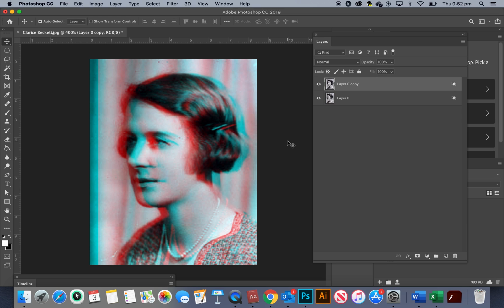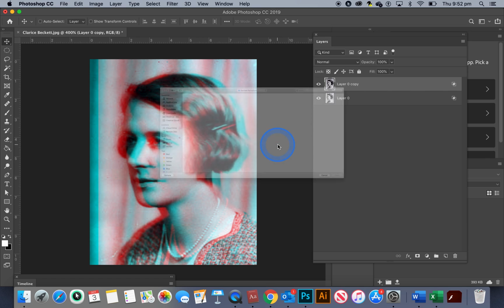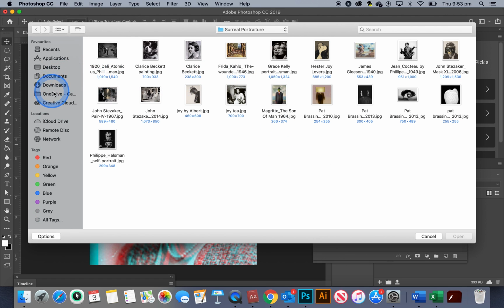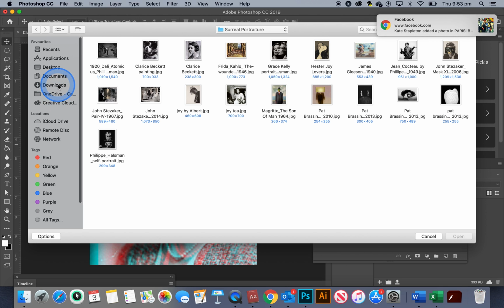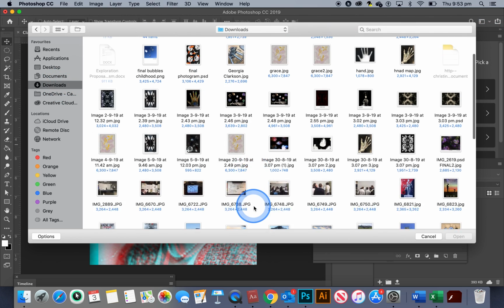So if all you need to do was to separate the red and blue, you can stop and have a go yourself, screen grab it and pop it into your visual diary. If you want to see what some other possibilities are, then stay tuned for a bit more. So I'm going to now open up an image of a date palm that I've got, which I have sitting in downloads. Down here,